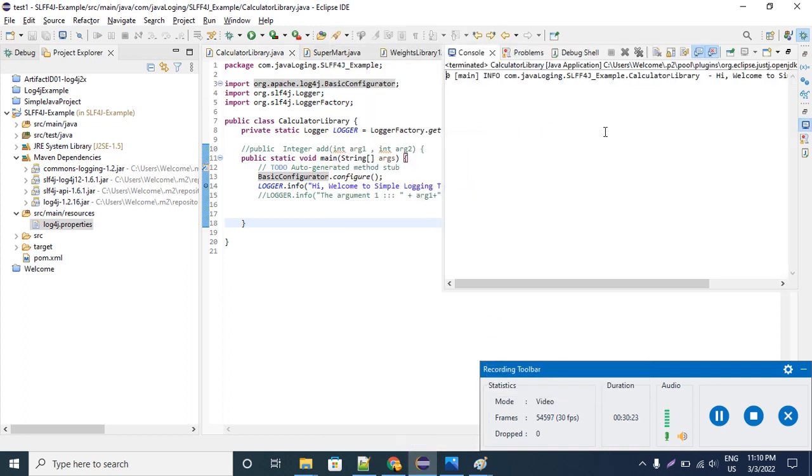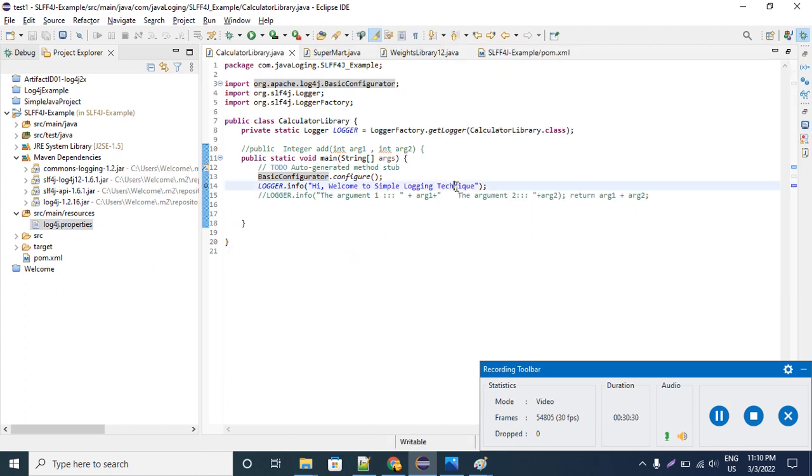Hi, welcome to simple logging technique. Okay,